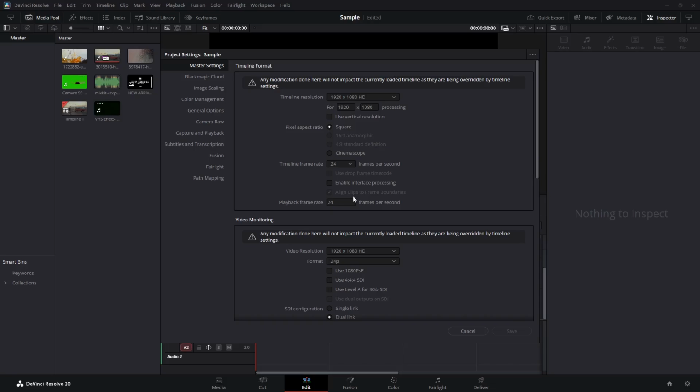And there you have it. You've now applied multiple solutions to fix lag in DaVinci Resolve, from generating proxy media to adjusting playback settings and syncing your timeline